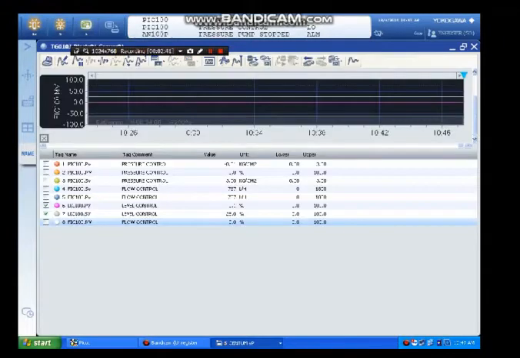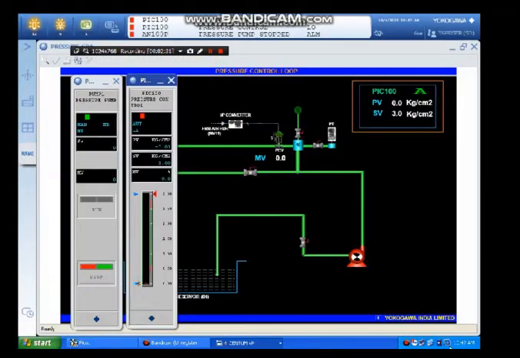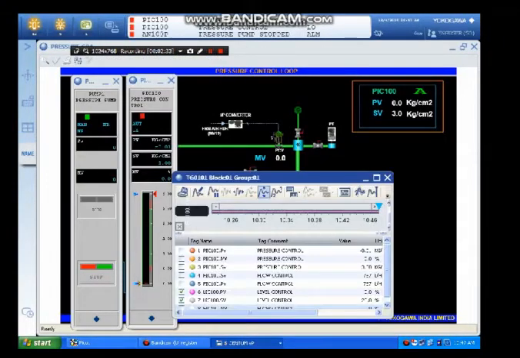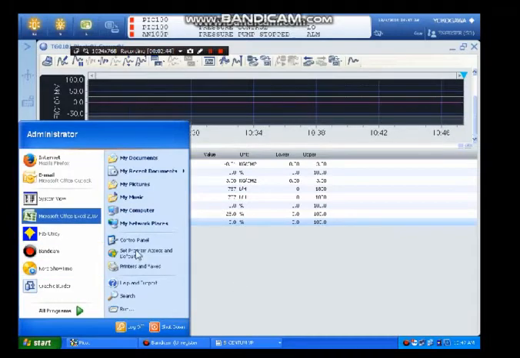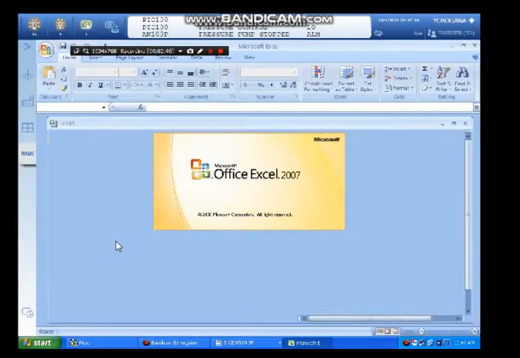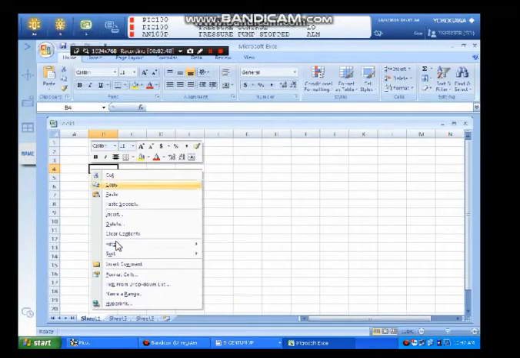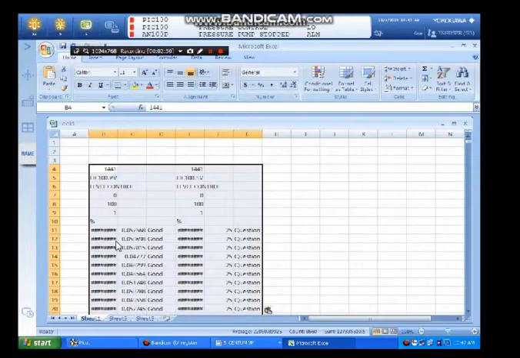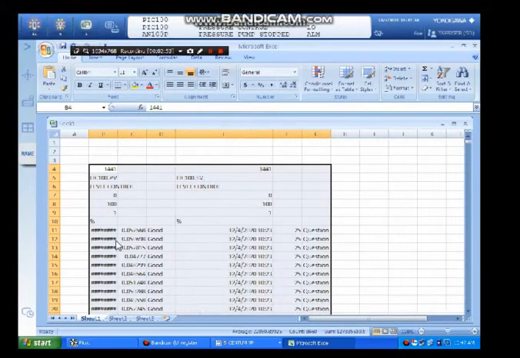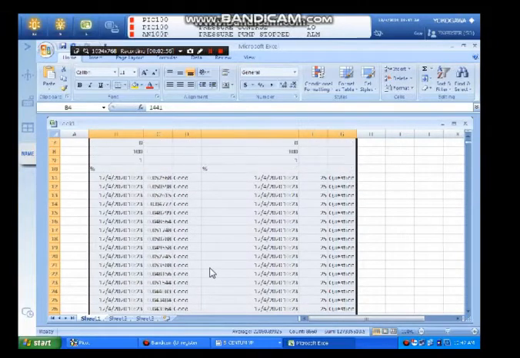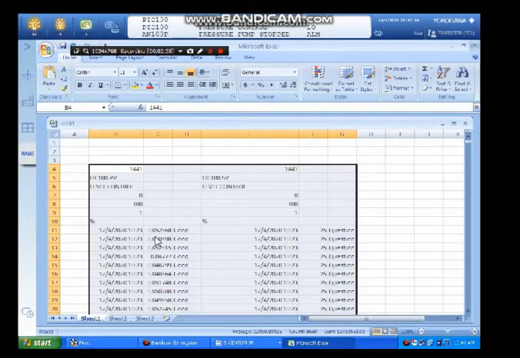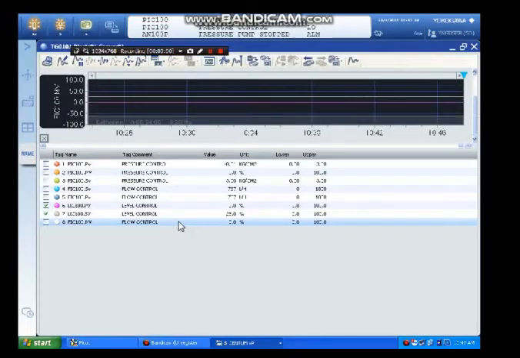Excel file. So, we will go to the tuning window, trend window, and from the trend we can take a clipboard copy. In that we can go to the Excel file, and we can store the data in the Excel file, and we can use it for analysis, further graphing, results analysis, everything, through this data taken. It will be giving millisecond data. So, 0.00051, like that we will get the samples.